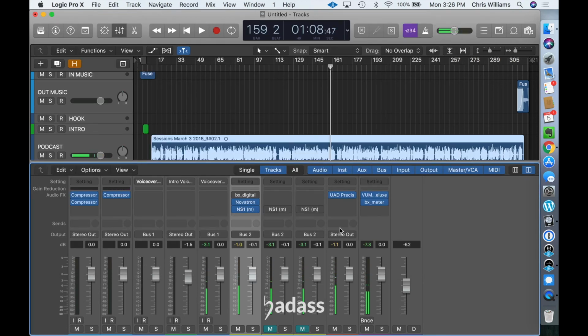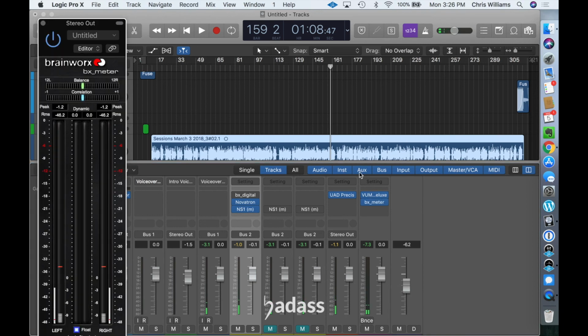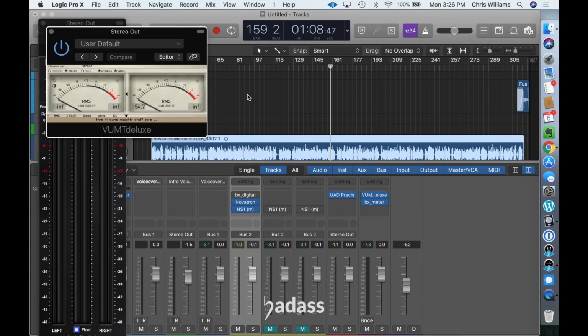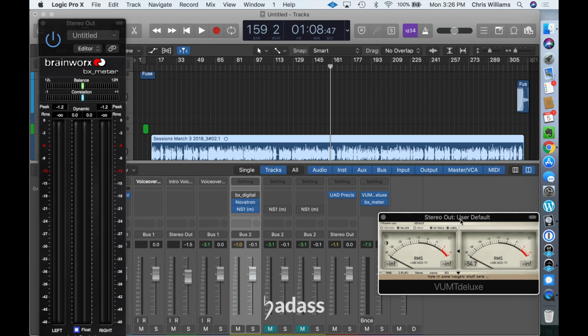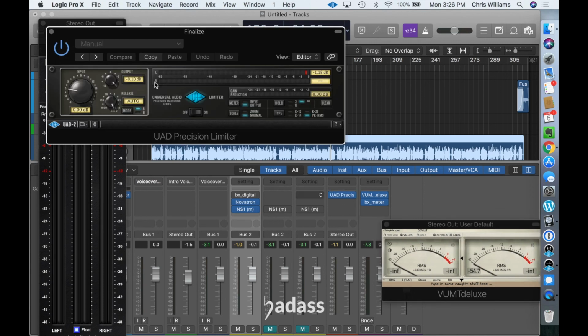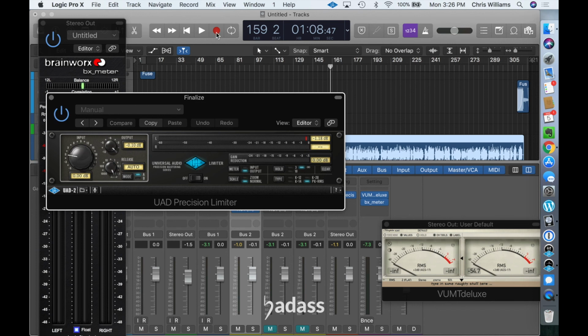So I just do my little touching up and checking, and then I will go and open my meters, which I also have set up on the template, and just check and make sure my average levels are about right. Grab my limiter, and I'll show you how to use a limiter in a separate episode, but real quickly, flip